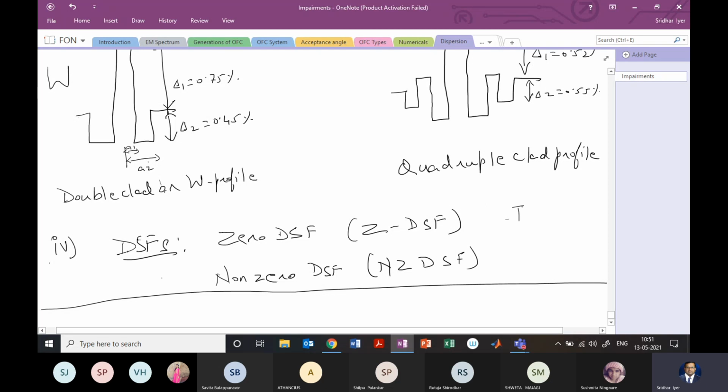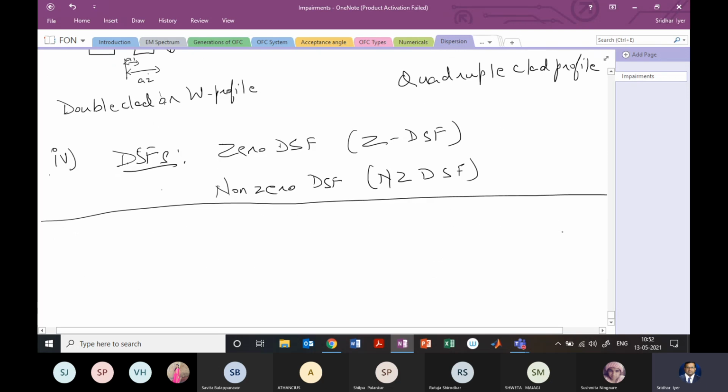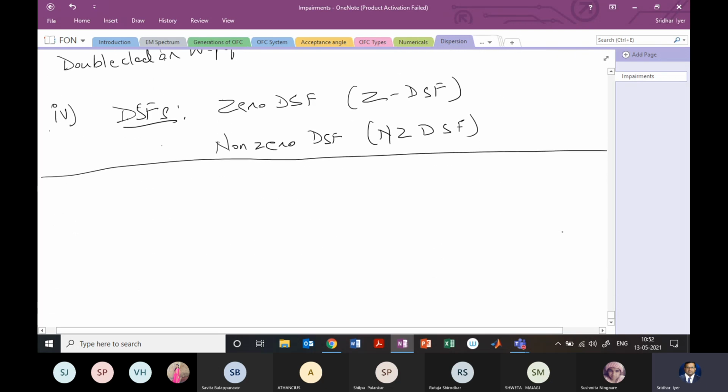All these fibers which we have discussed are recognized by ITU, that is the International Telecommunication Union, and you will find the numbers of these fibers. This is just additional information. When you say a dispersion shifted fiber, they are named as some G.655, for example, right, or G.653. So these are the numbers of the fibers. When you purchase these fibers, you'll be purchasing them based on these names, rather than as dispersion shifted fibers.